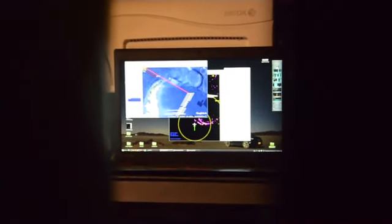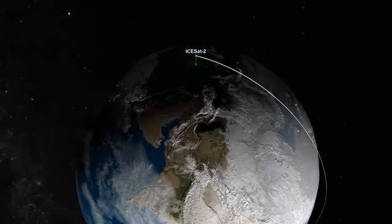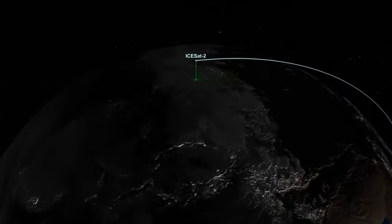Slight chance the flight may see ICESat 2 in their center windscreen. 10 seconds. 9, 8, 7, 6, 5, 4, 3, 2,